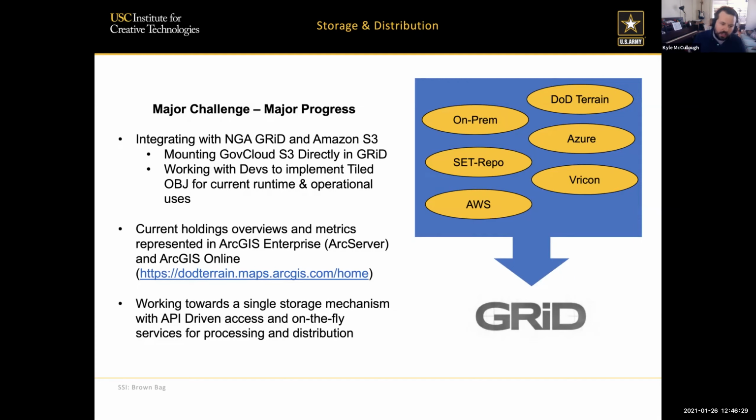Again, to be able to store this data, have a really quick method for understanding this data and knowing what's accessible. What we're currently working towards on the storage and distribution side is direct integration with Maxar and Vricon, who's the vendor for the One World Terrain program, to make sure that we can synchronize all of these things and have this API-driven process that makes this really easy to both access, analyze, and deliver the data,